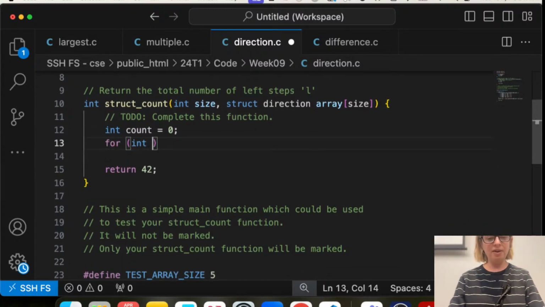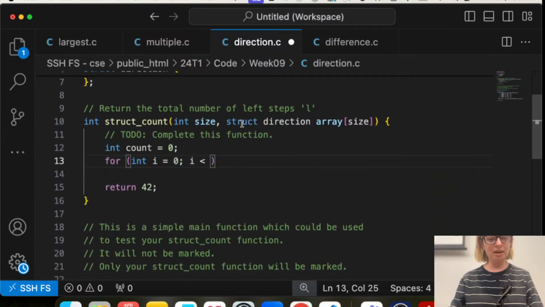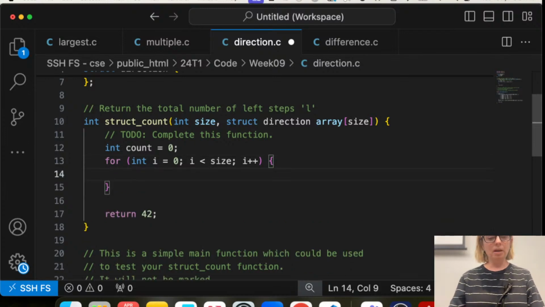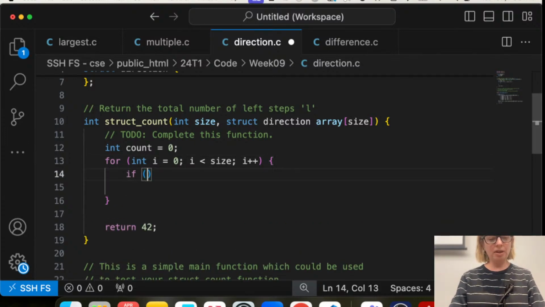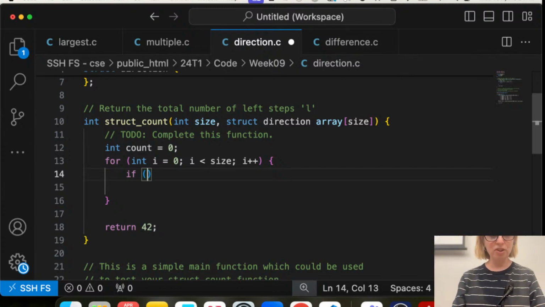So I might have a for loop for int i equal to 0, i less than, what's less than? I guess we're given the size. So i less than size, i plus plus. And I'm going to check if, now who remembers how to access not a pointer to a struct, but just a normal struct? Dot, thank you very much.